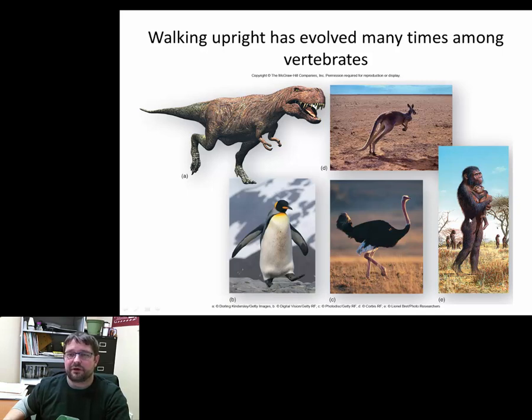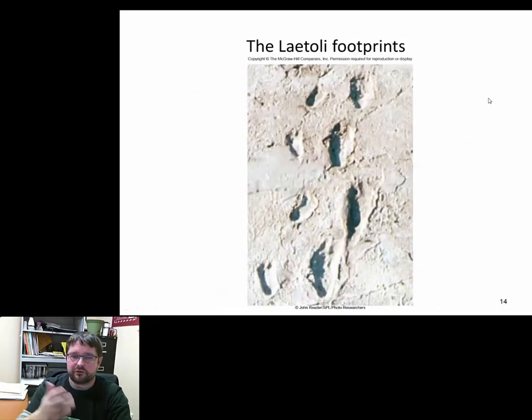And you have these disadvantages that come with walking upright, including back problems. Most humans realize that they have back problems because it's a lot of weight to put on two legs. And there's an example of the Laetoli footprints, dated 4 million years ago, and you can see these are primate footprints that are walking upright. So we know bipedalism came prior to brain expansion. Our ancestors, Australopithecus, could walk upright before brain expansion, before we had the use of tools or social capabilities and things like that.